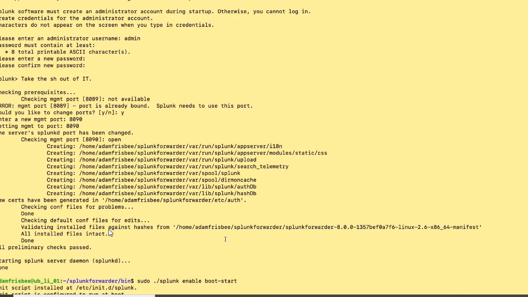Okay, I have given the boot start command, as I said, to start Splunk along with the server. This is the process that we will be following for every installation, whether it is Splunk or the universal forwarder. We are following the same process, okay?